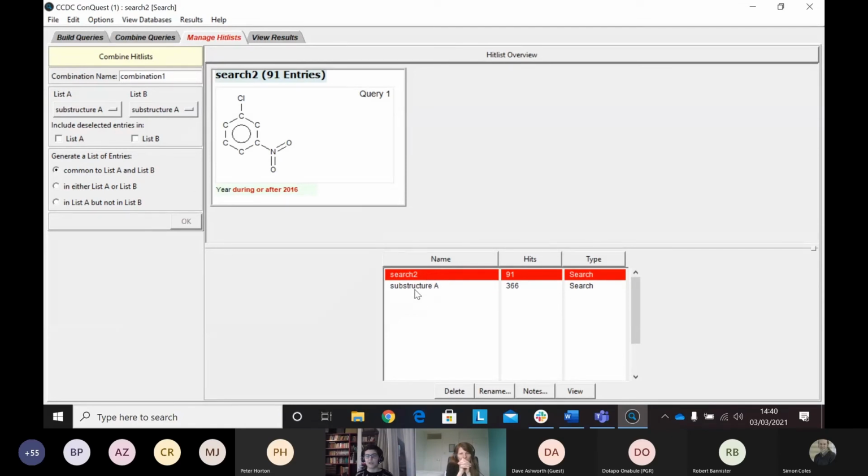You might have more searches, or you might want to change these names. You can do it from here as well. So you select your search, hit rename, and you can put a new name. So let's call it A